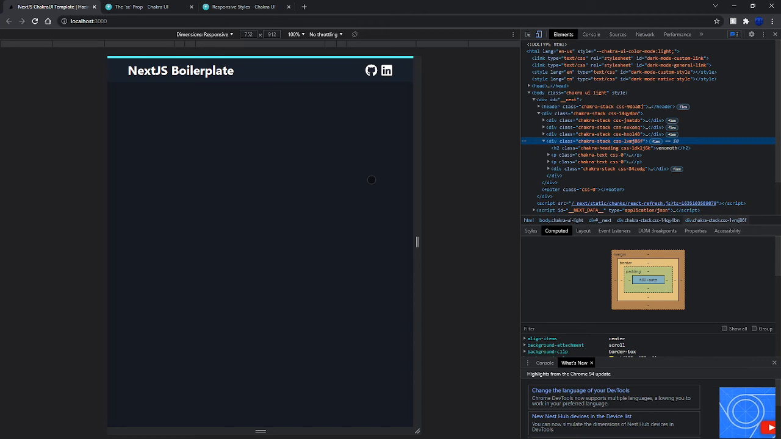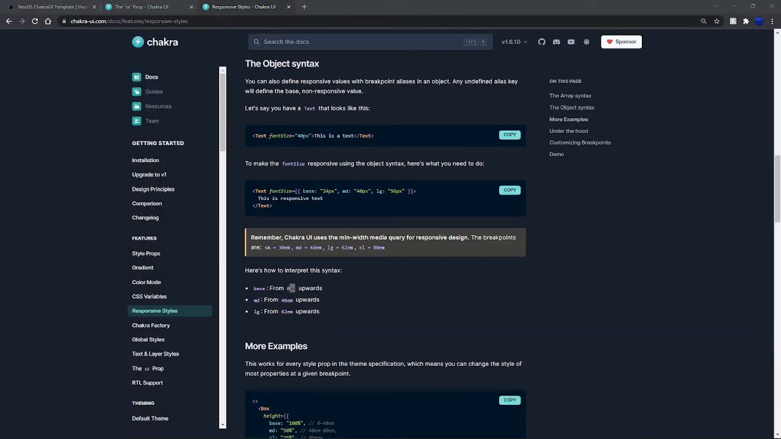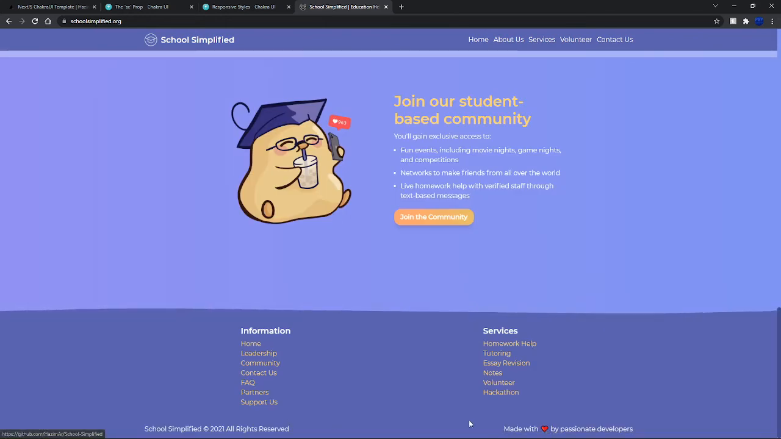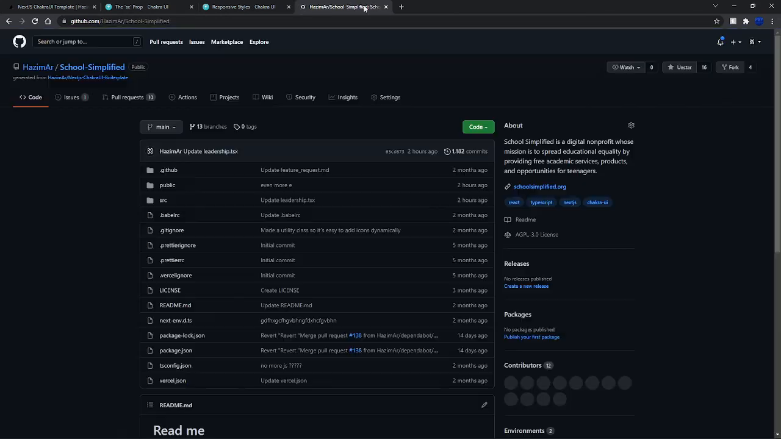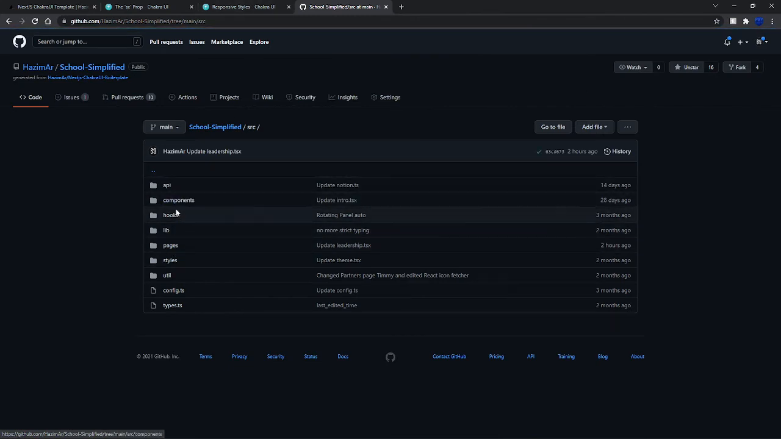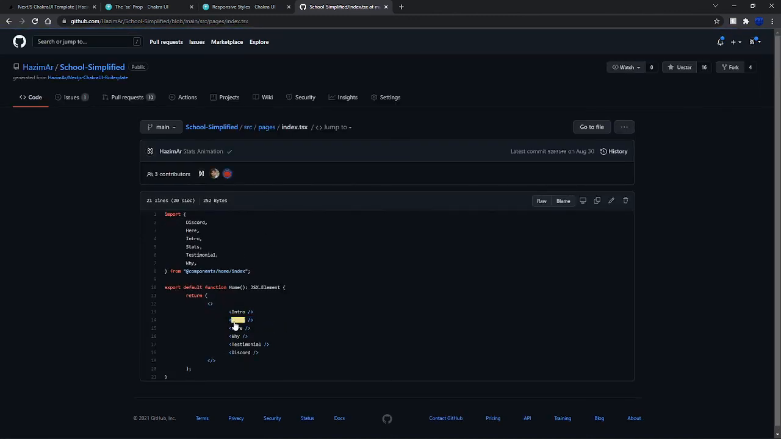I want you guys to actually start cloning certain websites. So for example, a good website to clone is the schoolsimplified.org website, because it will allow you to look at their own code, because their code is on GitHub. So if you scroll down to the footer, click on Made with Love by Passionate Developers, you'll see that the actual code for it shows up on here, so you can see how they did it. So we can go to pages and then index. You'll see that they're importing certain components. So the intro,